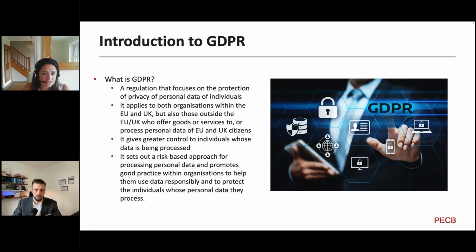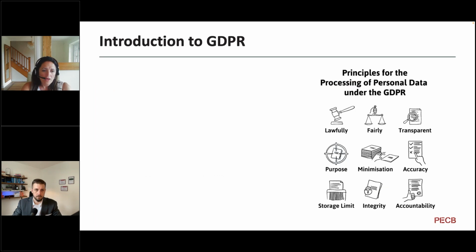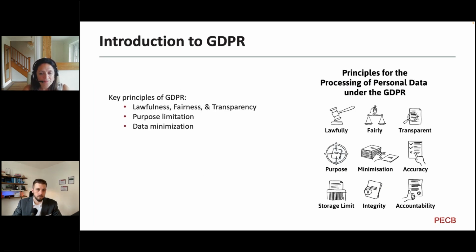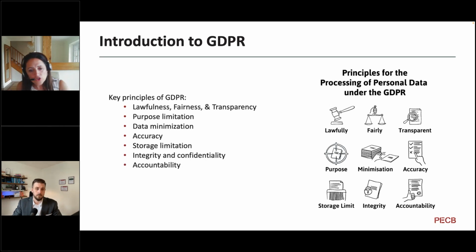And moving on to the next slide, when we think about the key principles of the GDPR, the first one is really around lawfulness, fairness and transparency. So the first thing is, can you achieve the same purpose without processing personal data? If the answer to that question is yes, then you don't have a lawful basis for processing the data. But where you do have a lawful basis for processing data, you need to make sure that the way you use it is fair and that you're transparent with individuals when you're doing so. So that will be through things like your privacy notice and that type of thing.